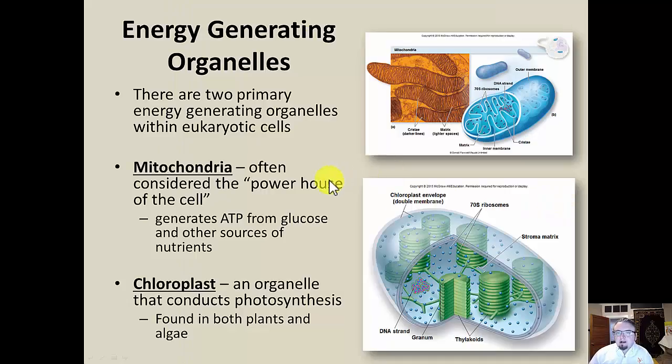A couple more organelles, and then we'll move on to some different topics. There are what are called energy generating organelles, and there are two specific types here. One I mentioned earlier is the mitochondria, the powerhouse of the cell. This organelle, shown over here, this is a real microscope image with the orange coloring, and this obviously here is an illustration. But the mitochondria, fairly complex little thing.